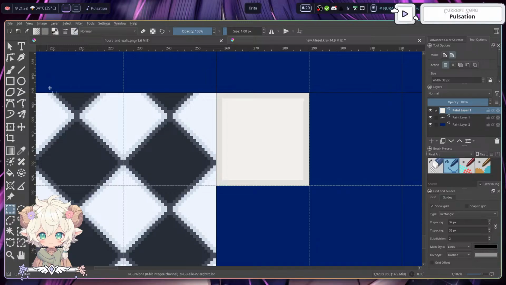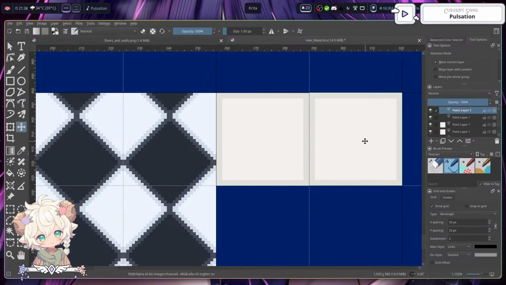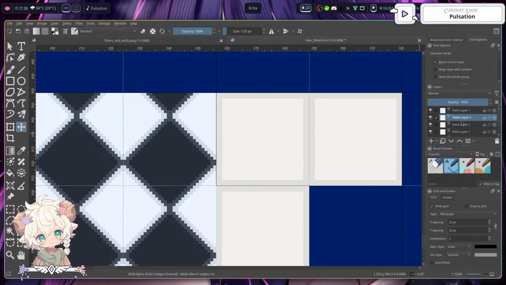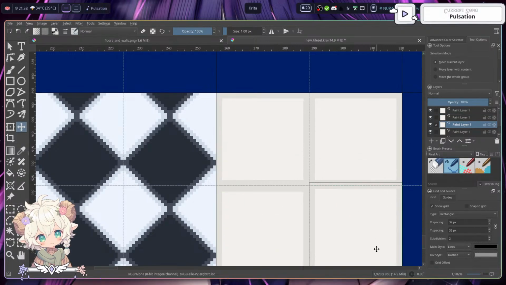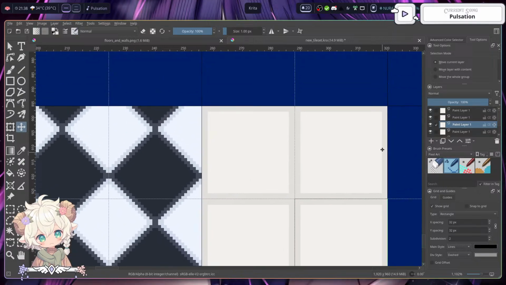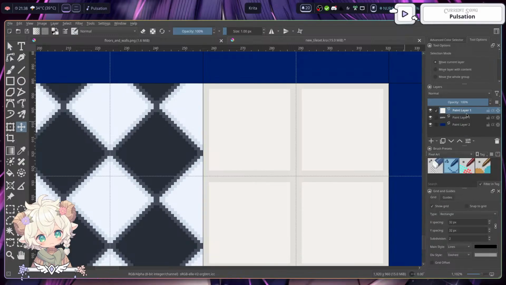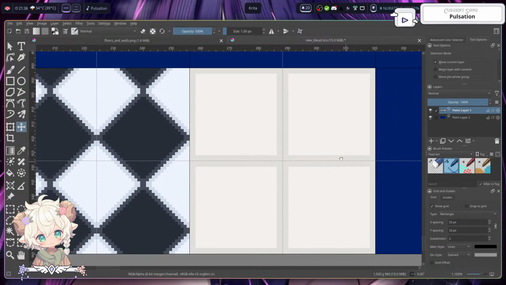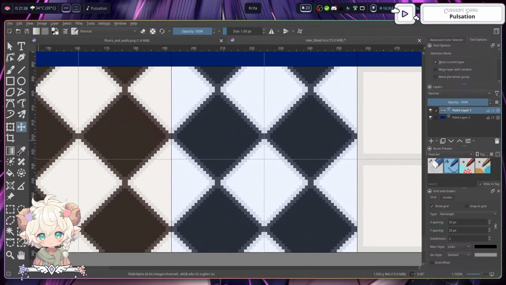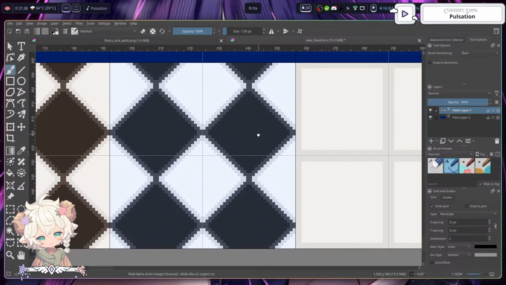So that's gonna be pretty much the same, right? We want to do one, two, three. The simplest way of doing it is just doing it like that, honestly. So we have these boxes. I want to merge with layer below, and again, merge with layer below. Let's go. Now I want to get these colors, and I want to do it. So it should be small,